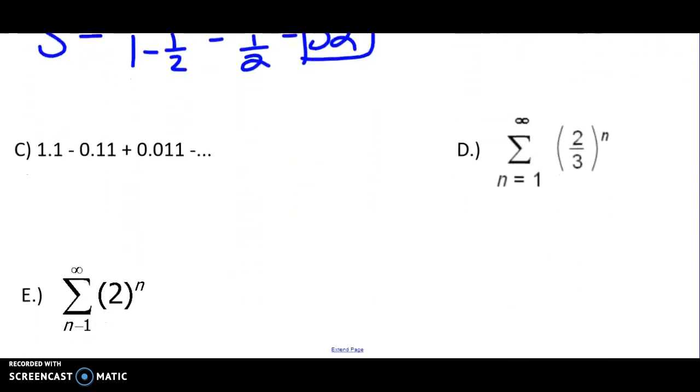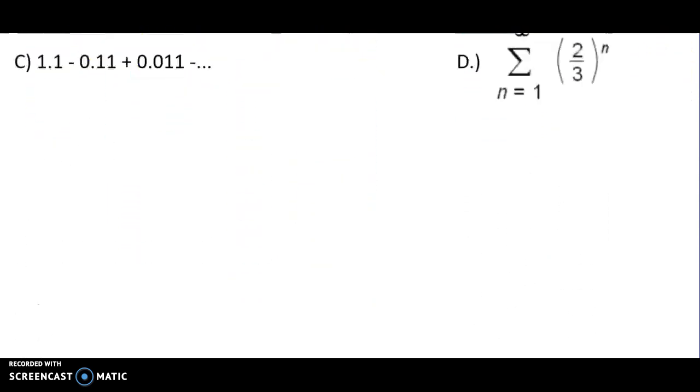In part C, we have 1.1 minus 0.11 plus 0.01. If you're not sure how to find the r value, you can just take the second term and divide it by the first term, and that gives us negative 0.1, or negative 1/10. So that means this is converging,